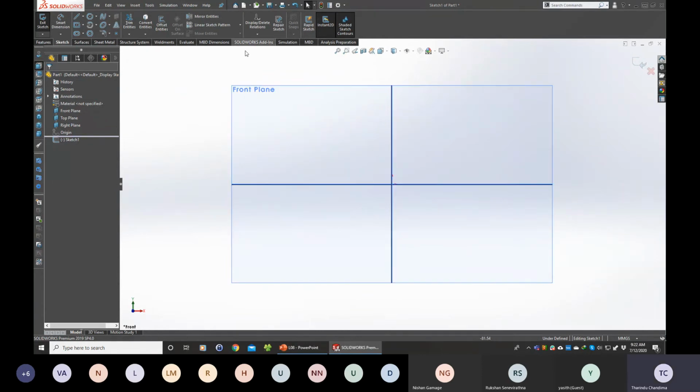Okay. So when you are in the sketch environment, you can see here there's a sketch button and the cancel button. If you see like this, you are in the sketch mode, right? So in the sketch mode, the sketch tab is activated. If you are in another tab, then you can click the sketch tab, right? Then in the same way as AutoCAD, you have the sketch tools, right? So since I am going to draw a cylinder, first I will need to draw a circle. So I click circle,